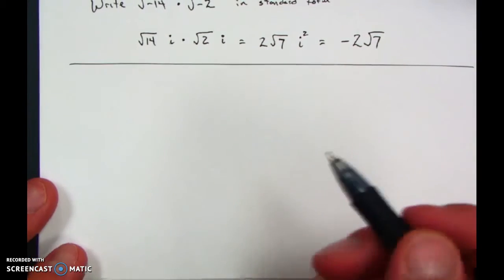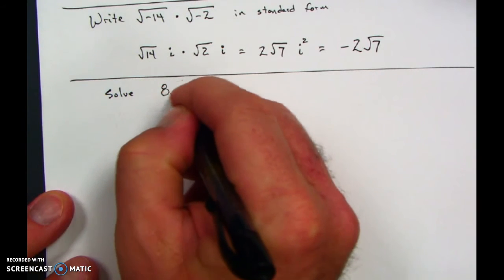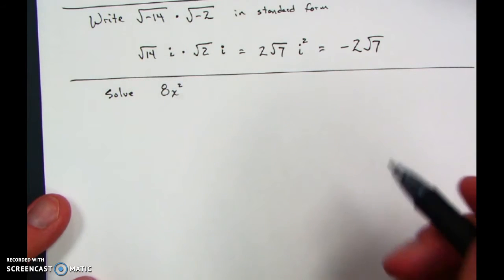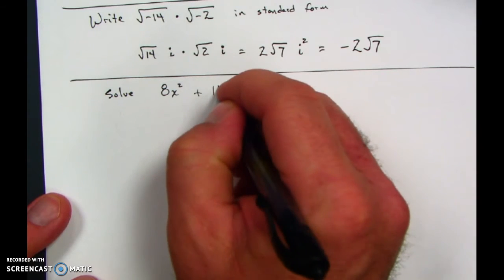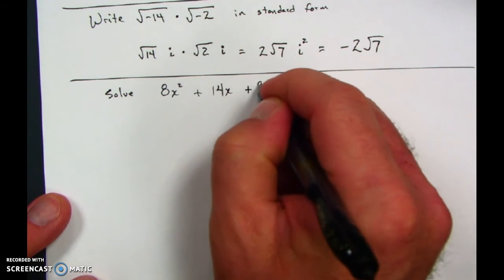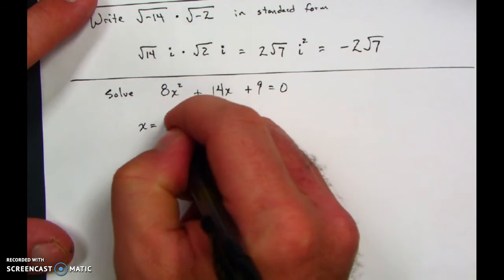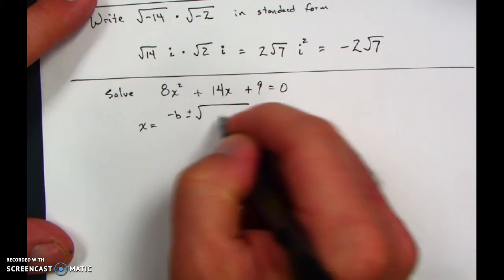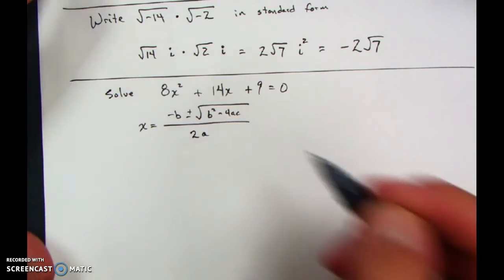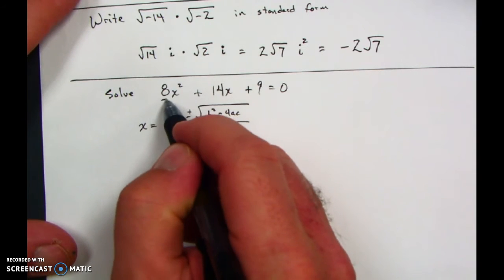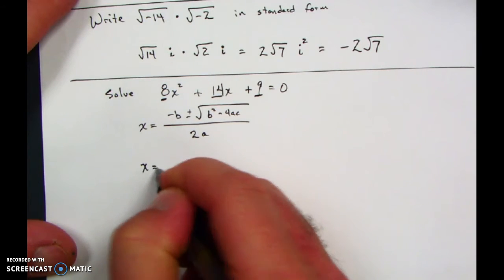And then our last example, some of our quadratics end up with complex numbers as our zeros. So if I have something like 8x squared plus 14x plus 9 equals 0, I can then use the quadratic formula. Remember, the quadratic formula is the opposite of b, plus or minus the square root of b squared minus 4ac, all over 2a. So in this case, I have an a value of 8, a b value of 14, a c value of 9. So that means x is equal to